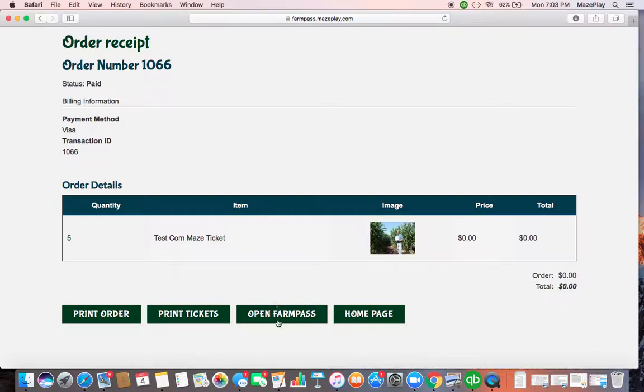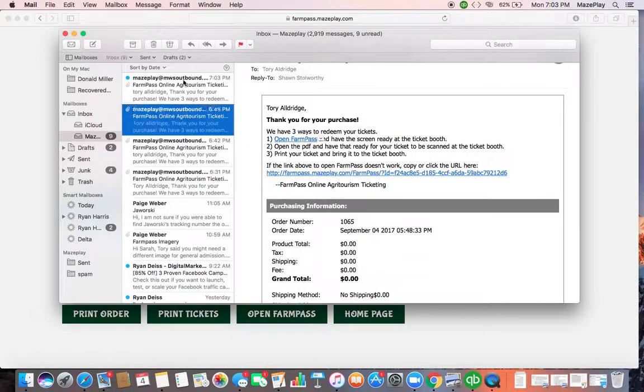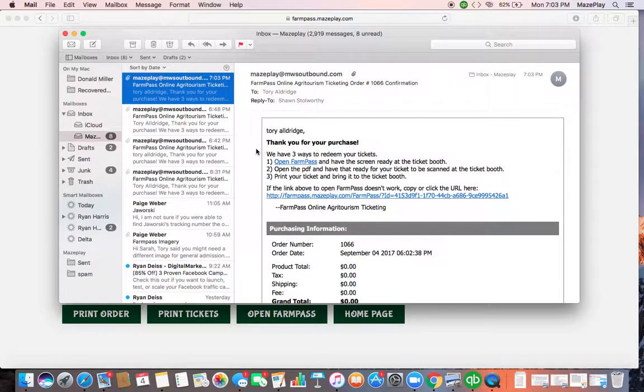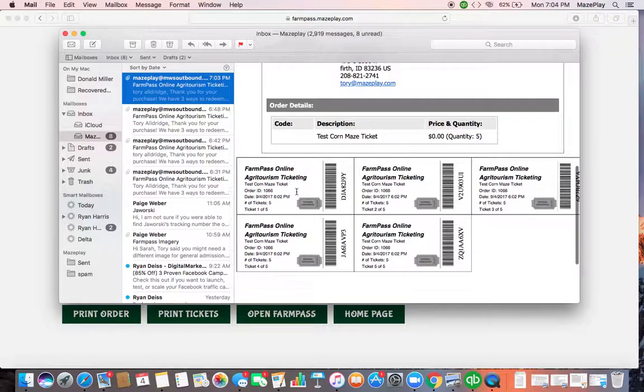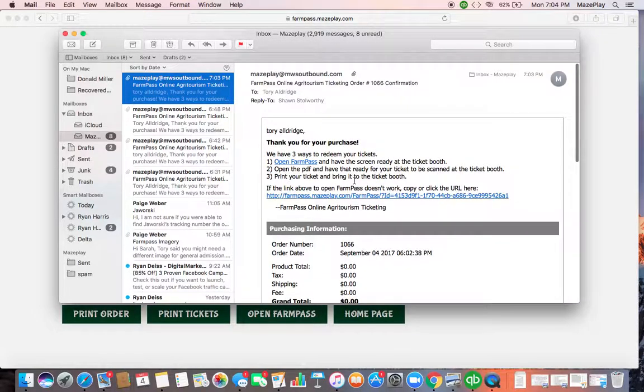The other way is to open FarmPass. I'm not going to do that in this section of the video because we're going to do it as if we were a customer and do it through their email. So they're going to get an email that says thank you for your purchase. There's 3 ways to redeem this: open FarmPass, or open a PDF that has their tickets in there. Again, you can utilize this right here if you want to, but for right now we are going to open